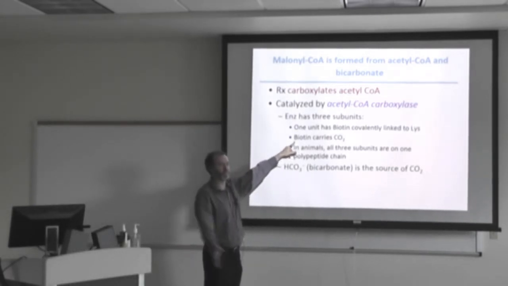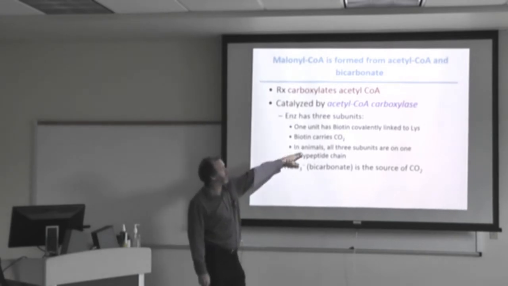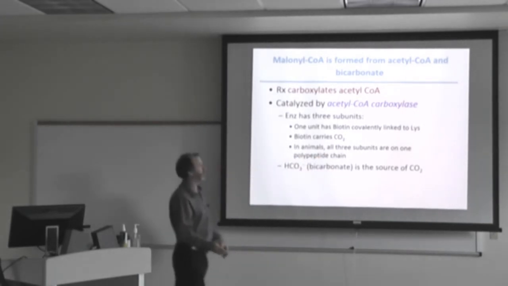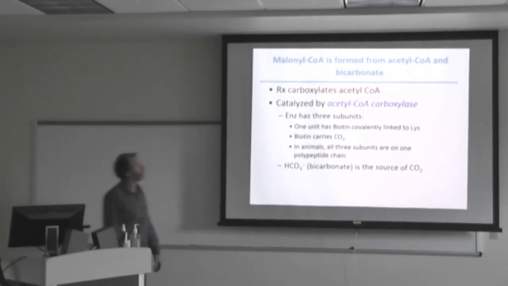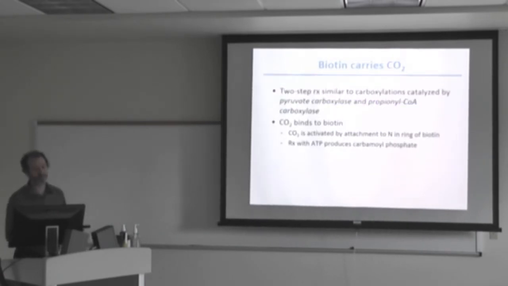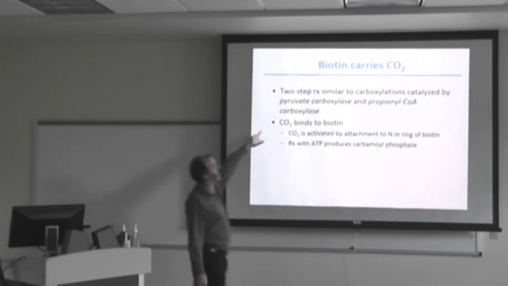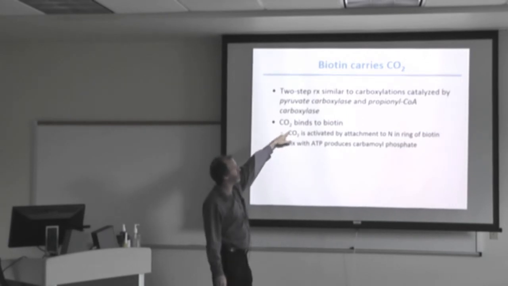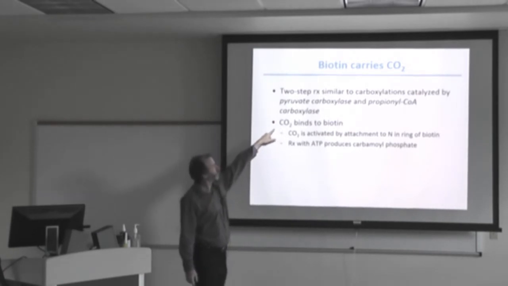It's on a tether. It picks up the carbon dioxide on one side and delivers it to its substrate on the other end of the enzyme. So in animals, all 3 of the subunits are on one polypeptide chain. And bicarbonate is the source for the carbon dioxide to make the malonyl-CoA. It's a 2-step reaction that's similar to carboxylations catalyzed by pyruvate carboxylase and propionyl-CoA carboxylase. You guys remember pyruvate carboxylase? That's gluconeogenesis. Anyways,